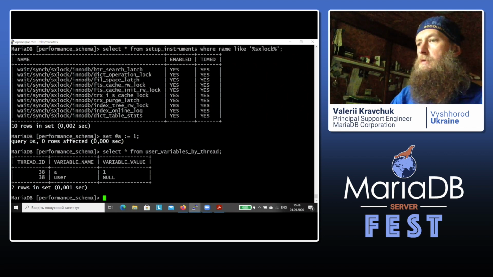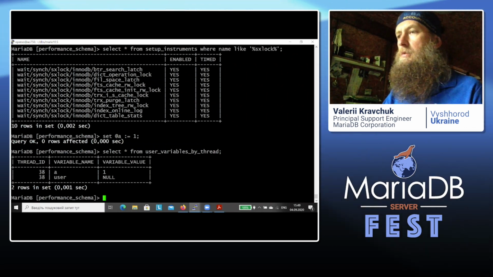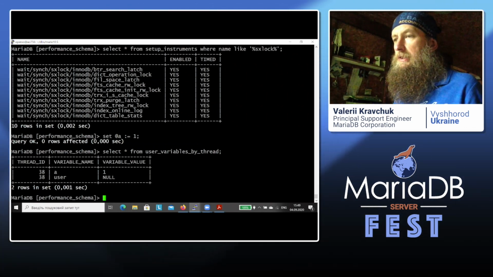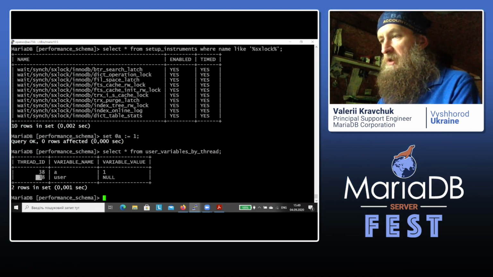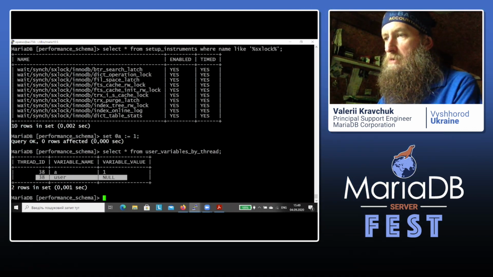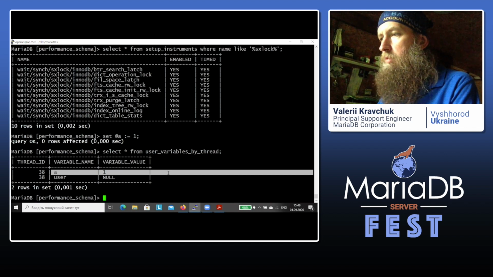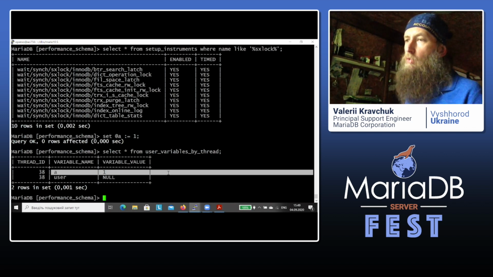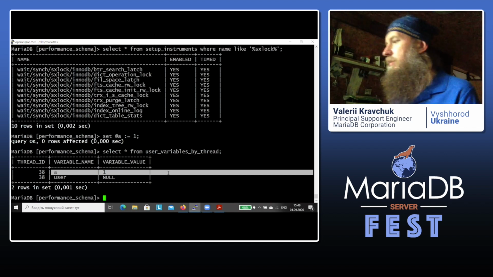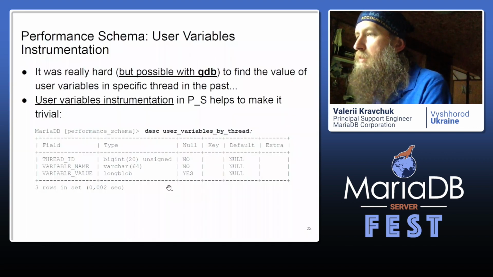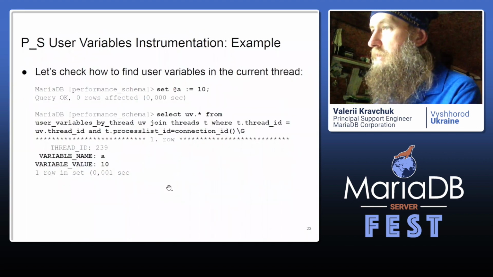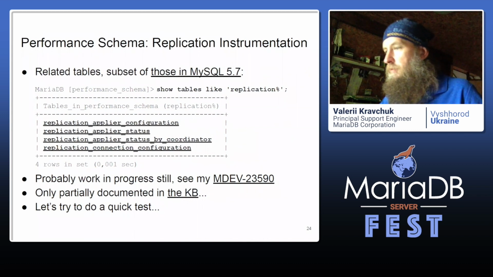That's it. We have a variable from some of my previous tests, a variable named a with the value 1. Now go find out this without GDB from any previous version of MariaDB. It's really impossible. So that's the example.